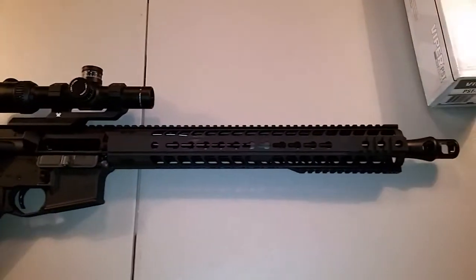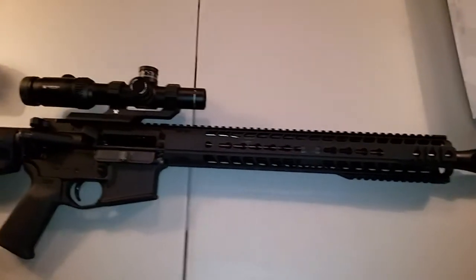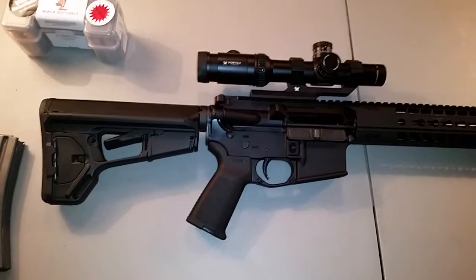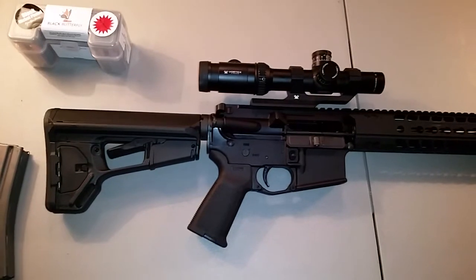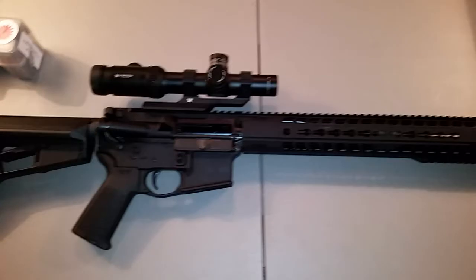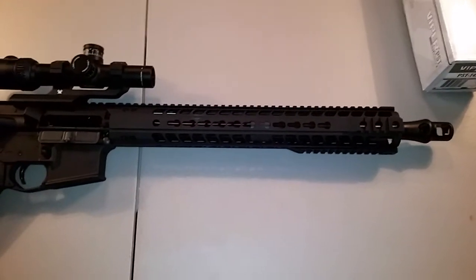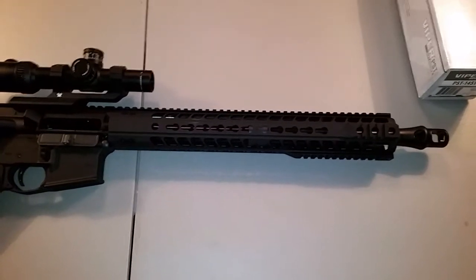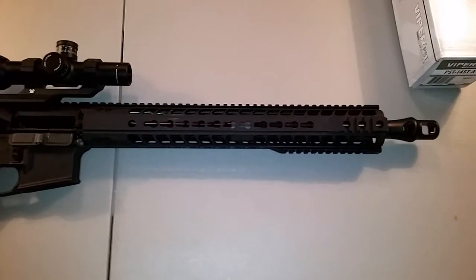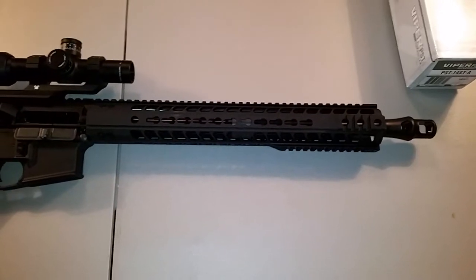Been using a Remington 700 308, which will still be my primary go-to rifle to deer hunt with. But when I'm on my property, or any property that I'm going to be deer hunting, and we're looking at inside 100-yard shots, I think I'm gonna go with the SOCOM. Now that's yet to be determined truly, because I have not had this to the range yet. I haven't put any rounds down range with this